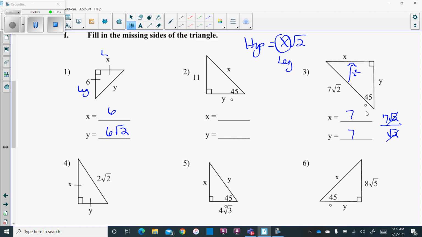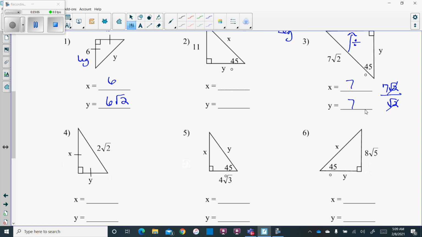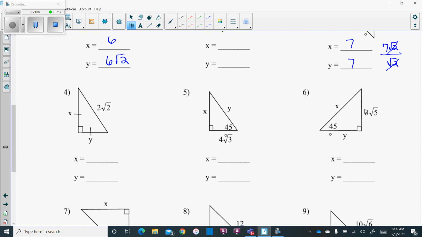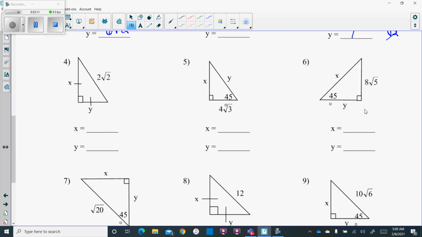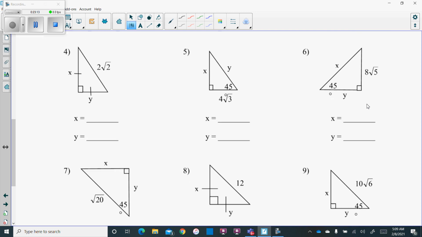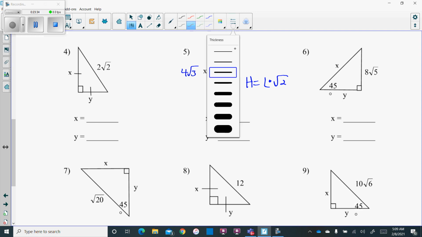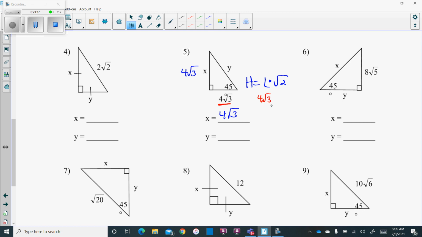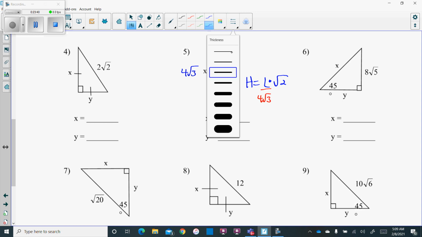Okay, some of you probably saw it instantly, which is great. But if you didn't, then you can work backwards. So when you get here, let's look at number 5. Your leg is 4 root 3, which means this is also going to be 4 root 3. Okay, so to get to the hypotenuse, you have to take whatever that leg is, because the formula I gave you was whatever that leg is, multiply it by root 2. Well, in this instance, our leg is that 4 root 3. So I'm going to put 4 root 3 in place of the leg, and then I'm multiplying that by root 2,